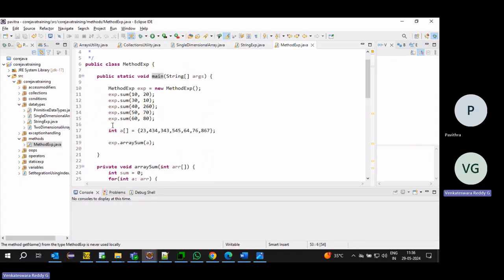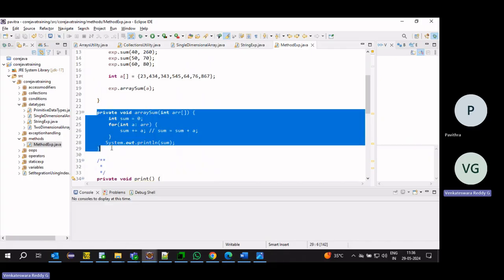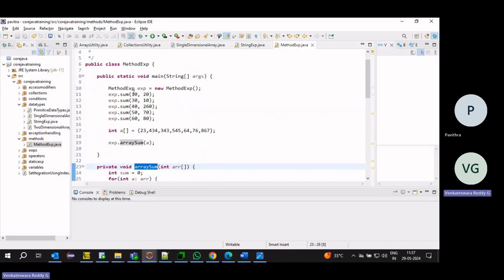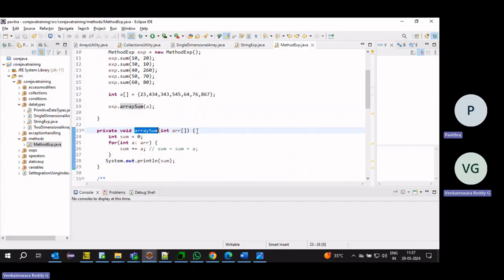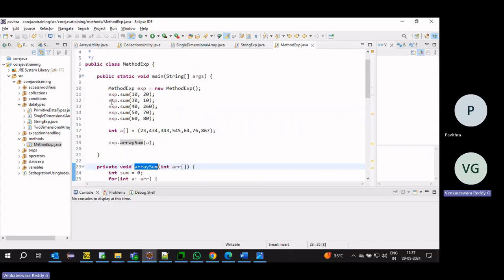TestNG is just a unit testing framework, just to execute a piece of code. Suppose developers have written some piece of code and I want to test it. We can test it by using the main method, or with TestNG. But there are a lot of advantages with TestNG. If we want to do assertions, here we cannot add any assertions. We have to add if and else.